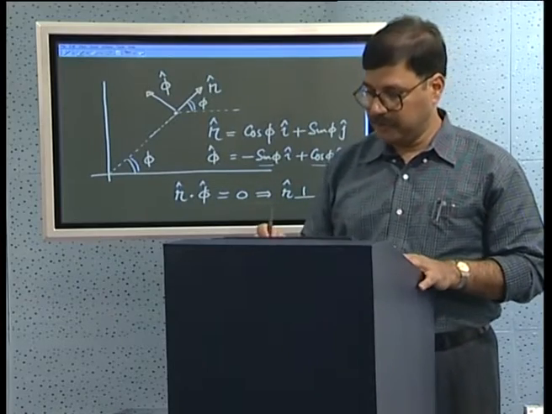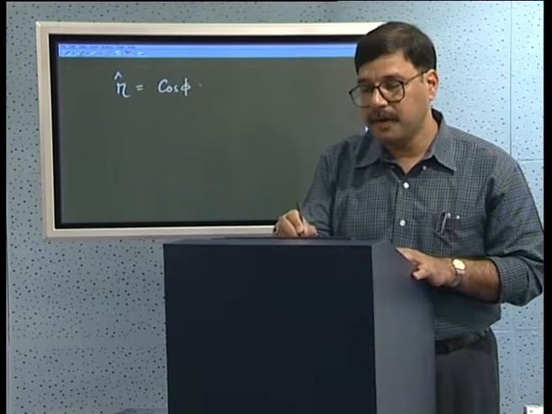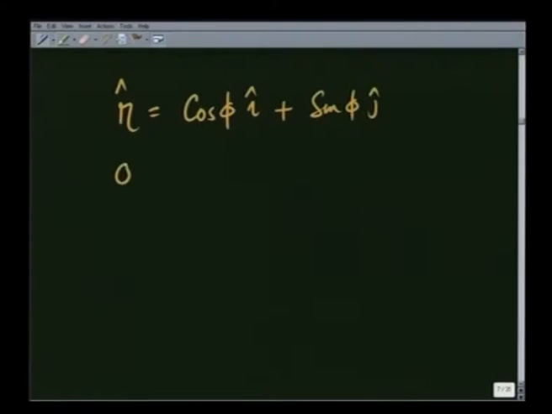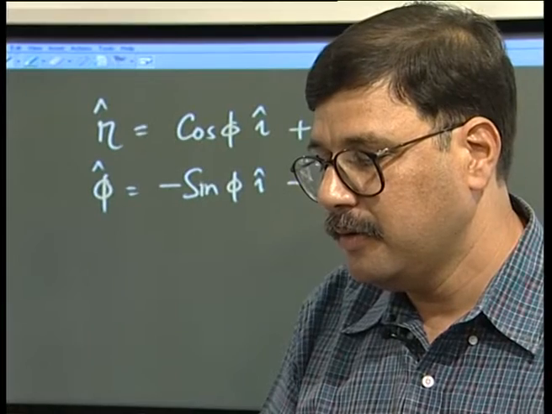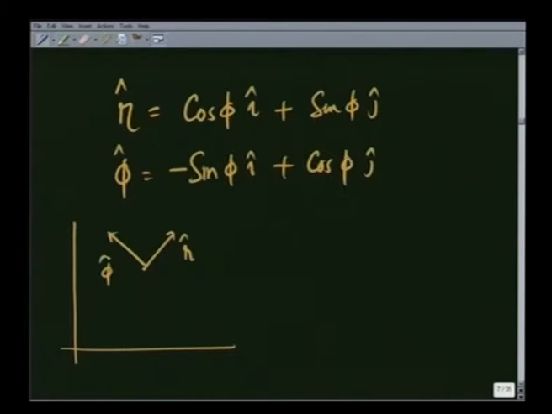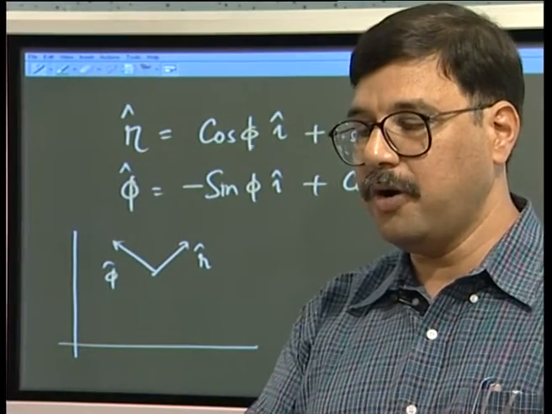It is clear from their definition, and let me write them separately now. r is equal to cosine phi i plus sine phi j, phi is equal to minus sine phi i plus cosine phi j. Just to remind you again, for a given position, this is my r unit vector and this is my phi unit vector. So, it is clear from their definition that the unit vectors r and phi depend on what phi is,